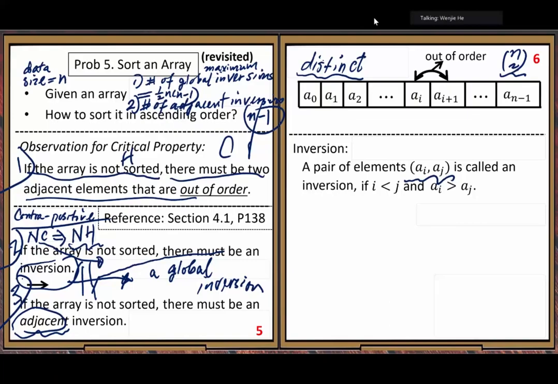If you're setting your objective to reduce the much larger number, is it harder? Based on the third statement, the objective we set is to reduce the smaller number. Based on the second statement, you need to reduce the first larger inversion number. Which one is easy? Which one is harder? It's a no-brainer, right? We should do the adjacent way. So with this kind of understanding, you can work on